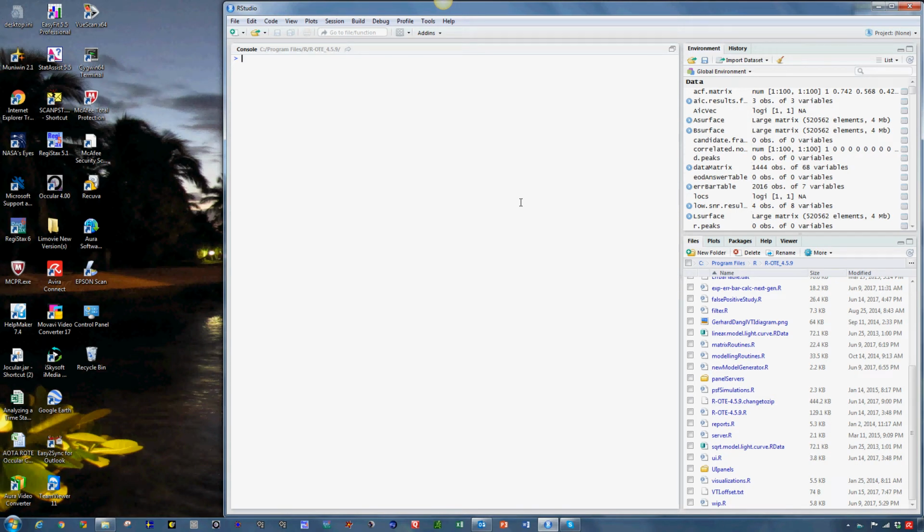Okay, this is Tony George. I'm the coordinator for the IOTA R-OTE volunteer group. And in this session, our second training session, we are going to demonstrate a new version of R-OTE, 4.5.9. And we're going to analyze a file